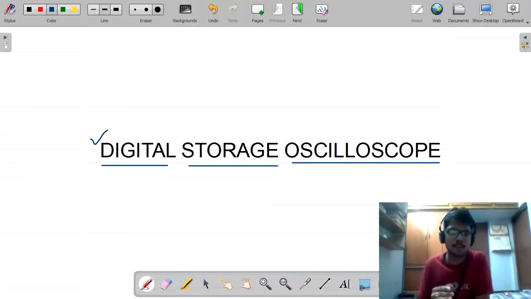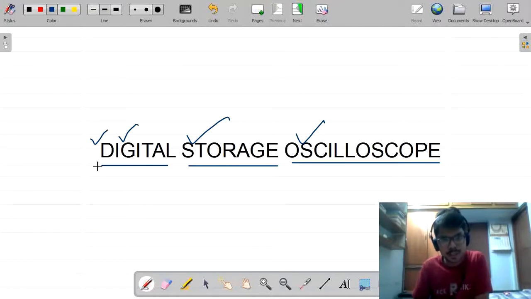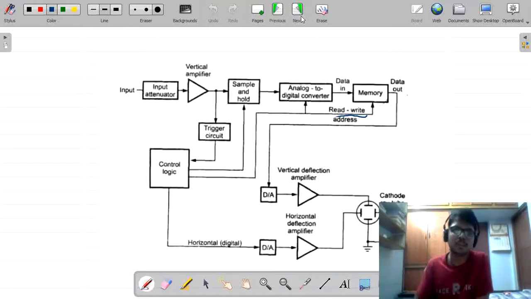Now what are we doing? We are giving the signal only one time. Now the signal data is stored in the oscilloscope, and the signal is displayed. Whenever we require the signal, we will just read it back from the memory. It is the main advantage of a digital storage oscilloscope. And why is it called digital storage? Because our analog signal information is completely stored in the form of digital. Now we will discuss the block diagram carefully.